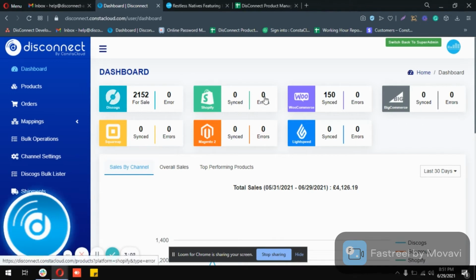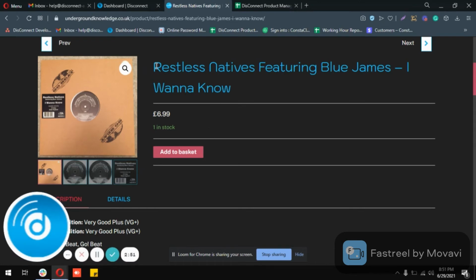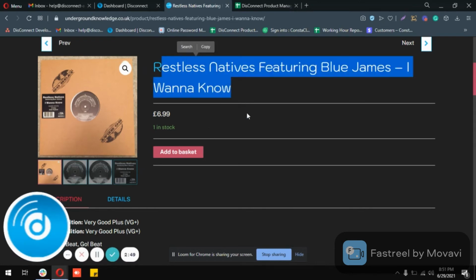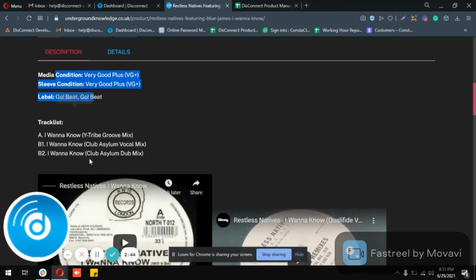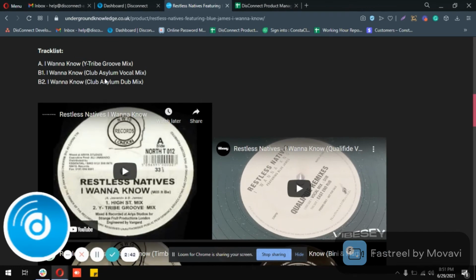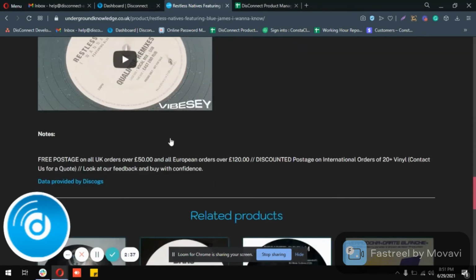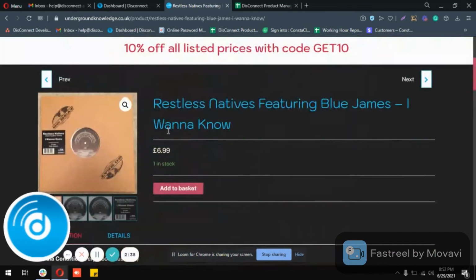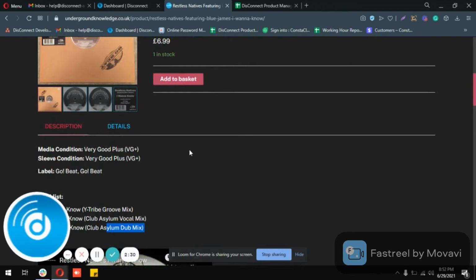We are back after 15 minutes and now you can see that some of the products have started syncing to your WooCommerce store, and now you can check your WooCommerce store. Here you will see that the product title is fetched, the pricing is there, and the description is also fetched, along with the track list. And if you want to sync the videos, then you can add the video shortcodes in the field mapping too, and it is going to be under the category that you have selected in the rule map.